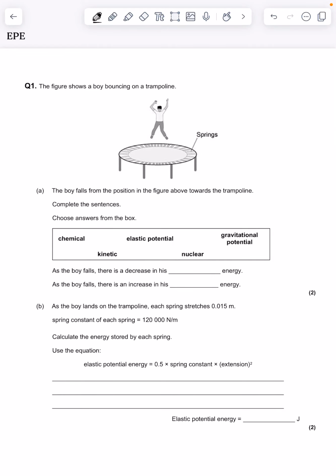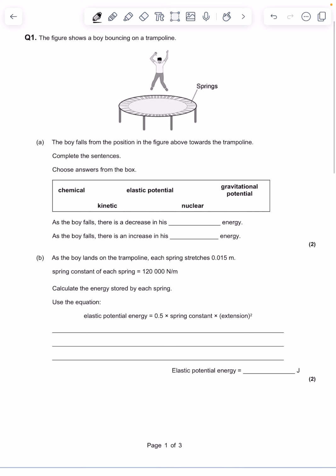This question here is all about elastic potential energy. So question 1a, right, we've got to complete the sentences and we've got to choose the answers from the box. It's 2 marks, so it's just one word for each box. So we've got a boy on a trampoline, and as the boy falls, there is a decrease in his something